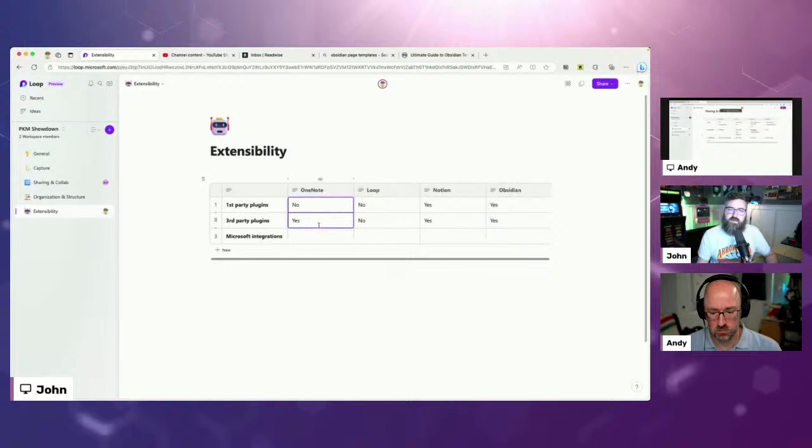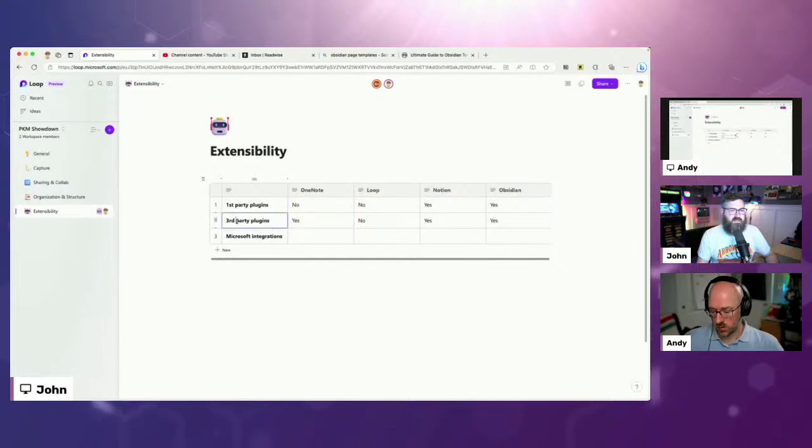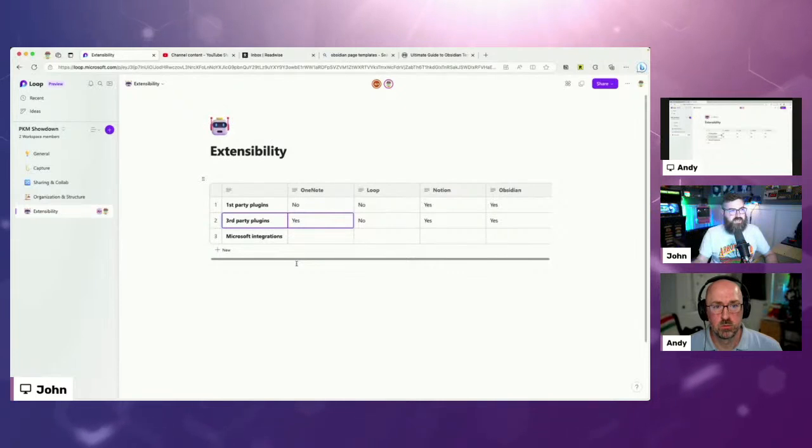Maybe Daryl knows. Then for OneNote, there are third-party plugins. As you talked about, there's OneMore. There's other ones, a lot of them are paid, I think, aren't they? Where you buy a license and then you add it to your OneNote. And a lot of times you've got to be careful. Is it Windows only? Is it Windows and Mac? Is it just for OneNote for Office 365? Is it OneNote for Windows? You've got to be careful about which version it works for. So that's something to see there.